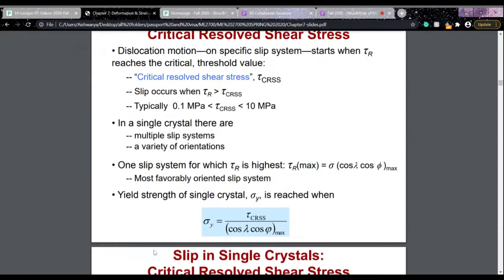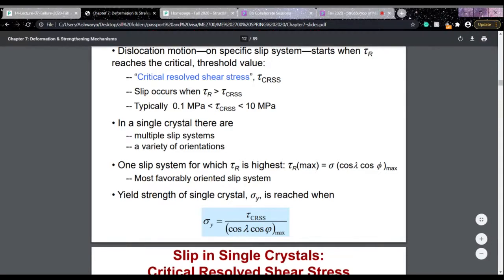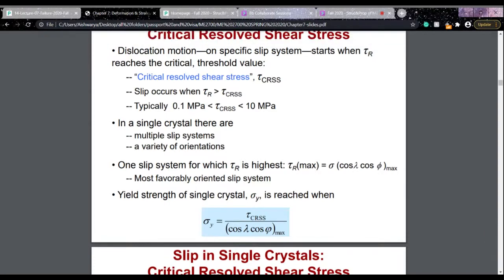So to find the yield strength in a single crystal, it is the critical resolved shear stress over cos lambda and cos phi. So this cos lambda and cos phi should be the maximum value. When it is maximum, we can say that slip system is the most favorably oriented slip system,